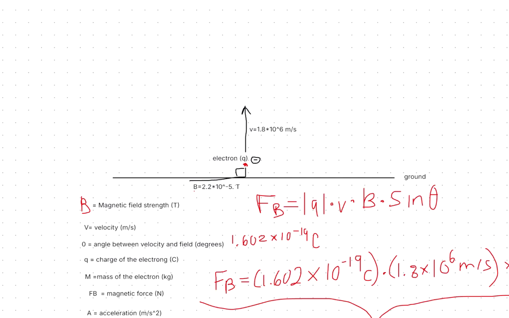In this question, we are given an electron being shot straight up into the air in New England, and we want to figure out how much it's accelerating because of Earth's magnetic field. So first we could look at this quick sketch I made to set things up. Here's the ground, the horizontal line I made here, and here's our electron. The problem says it's shot vertically straight up. So I drew this arrow vertically to